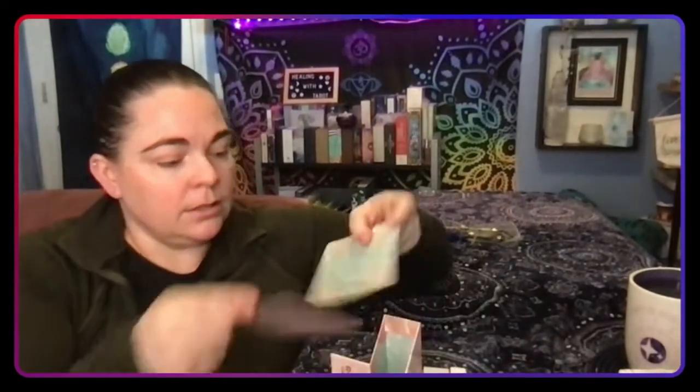I'll show you really quick. Whatever cards you happen to draw, you put them on there, and then they can just sit on your altar so that you can see them and reflect on them during the day. Now, let's get into this deck. You just watched me pull two cards out. It comes with a